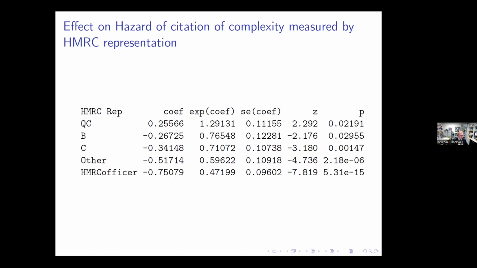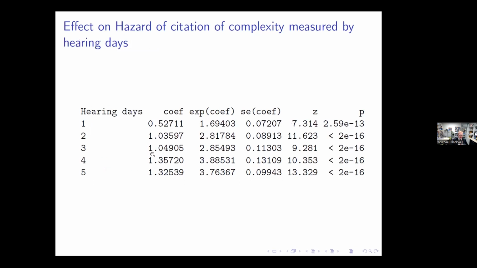And so it's as you would expect, pleasingly as you would expect from my perspective, that essentially the more senior HMRC's representative, the more likely a case is going to be cited. Maybe it's self-evident, but when I gathered this data and tied it into the data set, it took a long time, and some people questioned whether or not this is a good measure of complexity, but it appears to be so.